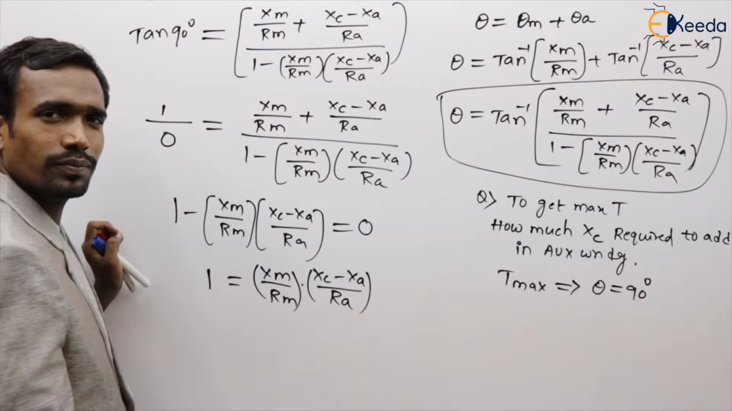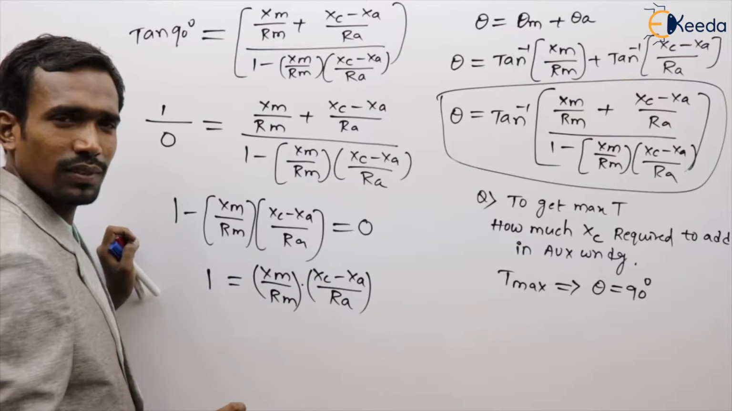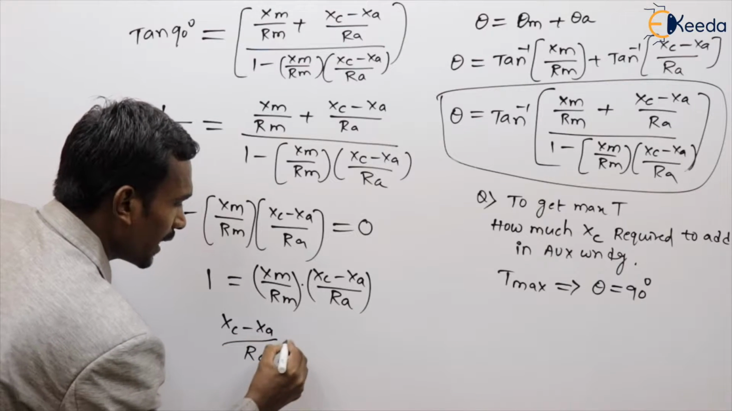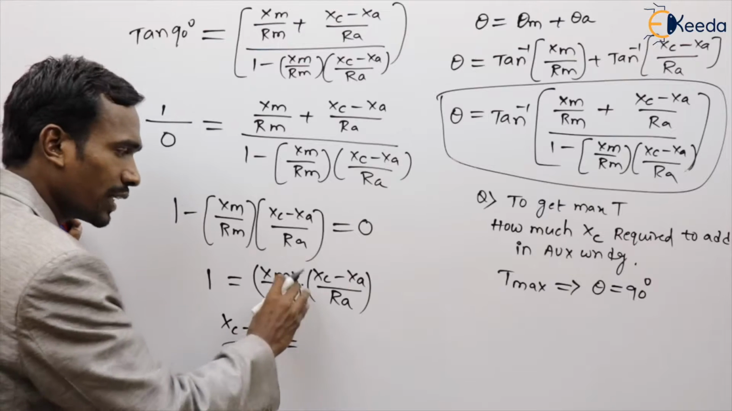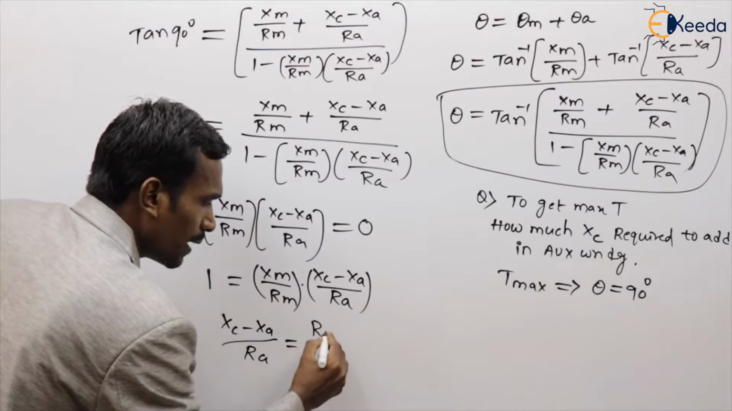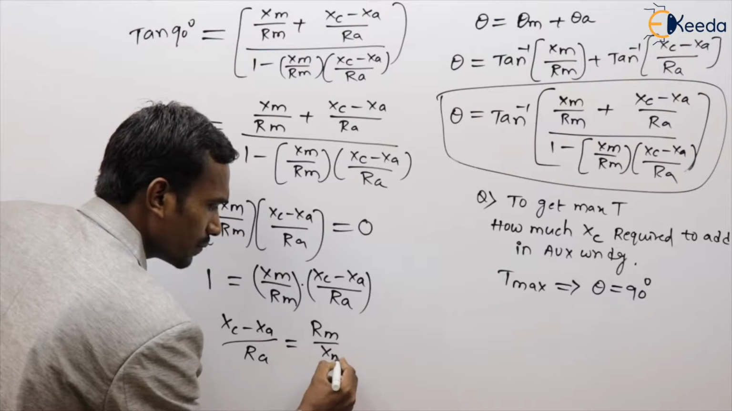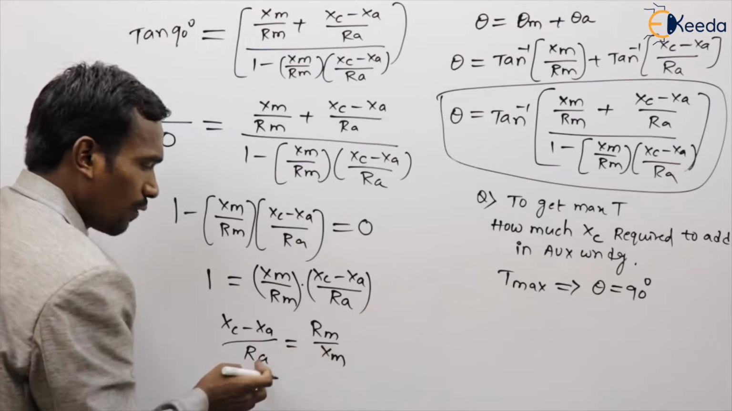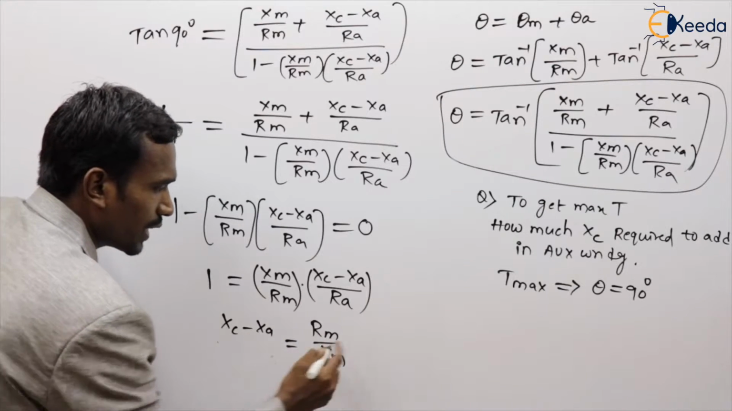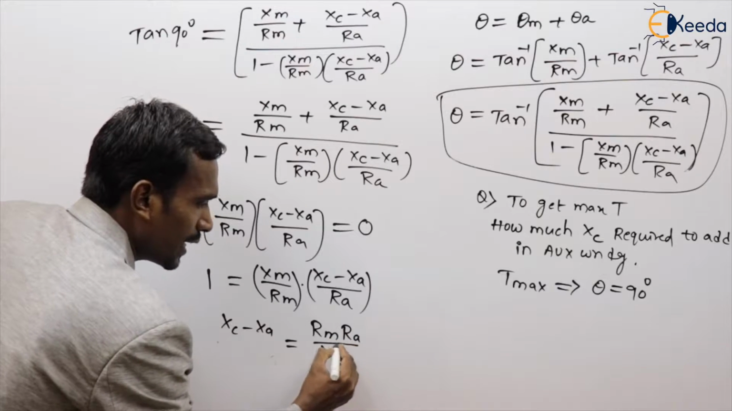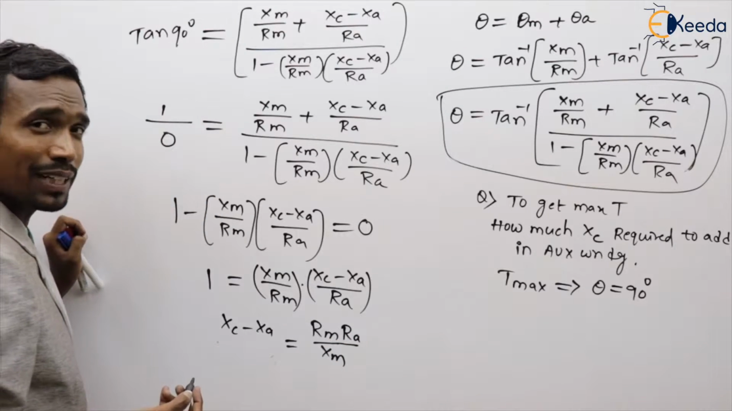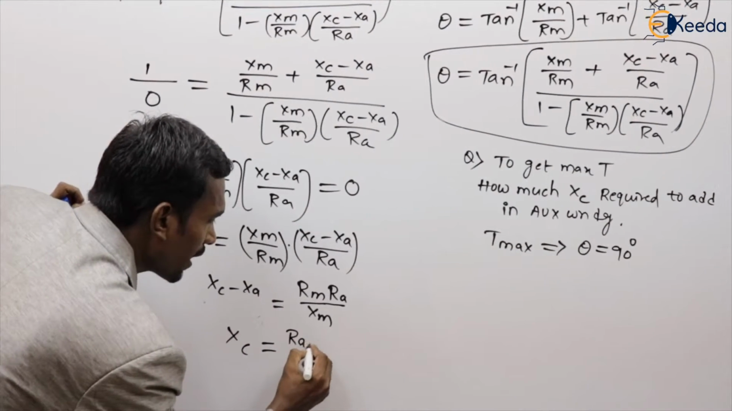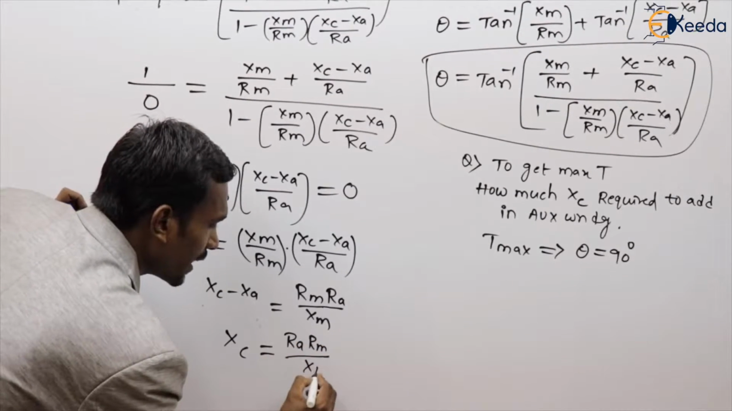Now I want Xc. For that, first see here, Xc minus Xa by Ra is equal to, when this comes here, Rm by Xm. Right? When this comes to here, Rm into Ra by Xm. Completed. Now I want Xc, right? Xc is equal to Ra Rm by Xm,